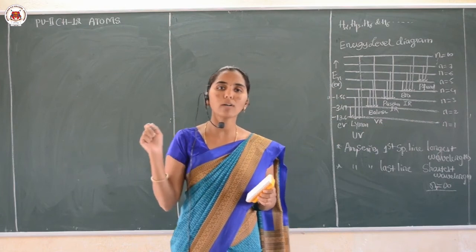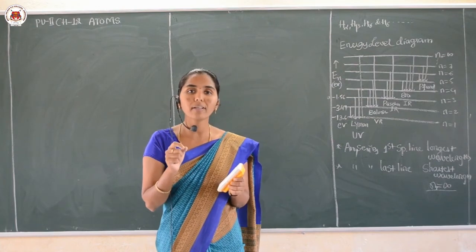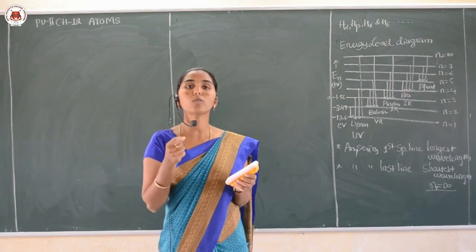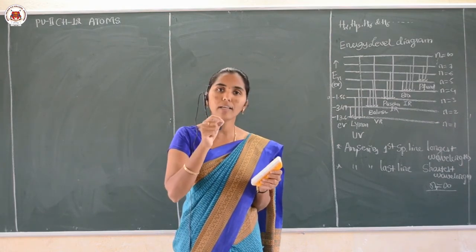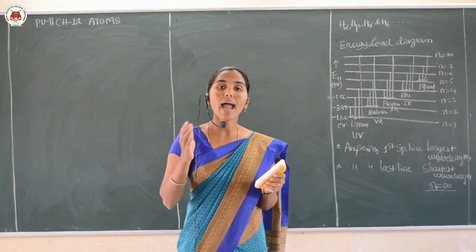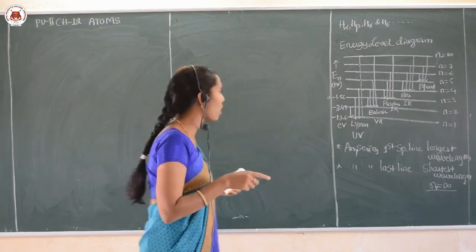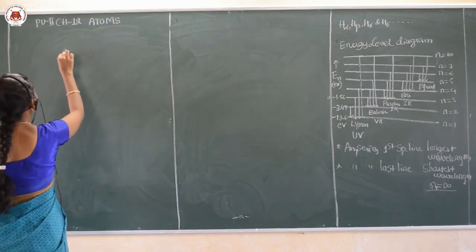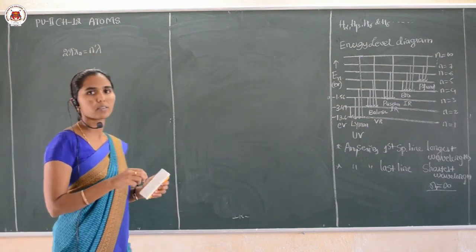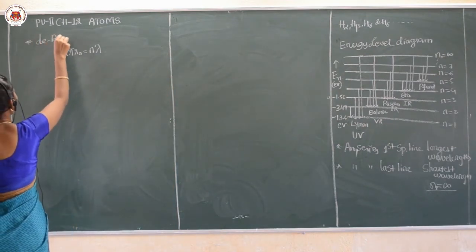Here also de Broglie explained: consider an electron revolving in an orbit around the nucleus. When that electron is revolving, it is a particle that is associated with a wave, which is called the matter wave, and it can revolve only in a circular orbit where 2 pi Rn is equal to an integral multiple of the wavelength. What did de Broglie give? Actually, now we are talking about de Broglie's explanation